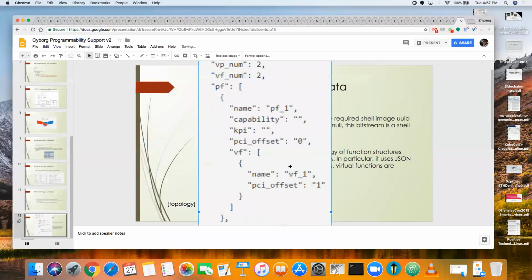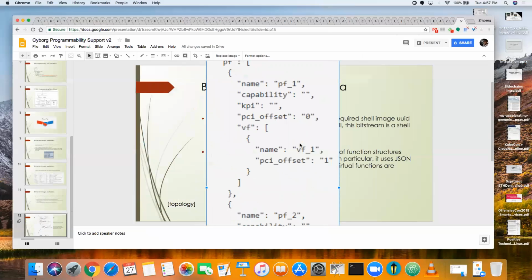So capability. Yeah, and KPI, whatever, because this piece can be vendor specific or distribution specific. This is part of the topology. Yeah, the topology. Is the capability field a UID? It's not a UID, so it could be RSA, could be IPsec, anything, right? It's a string, okay. And then the driver reads this and then reports what this VF or PF can do to Cyborg. Now Cyborg can decide what the user wants and give it to the user, right?